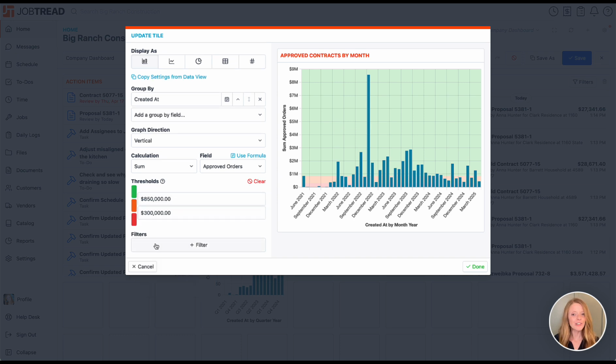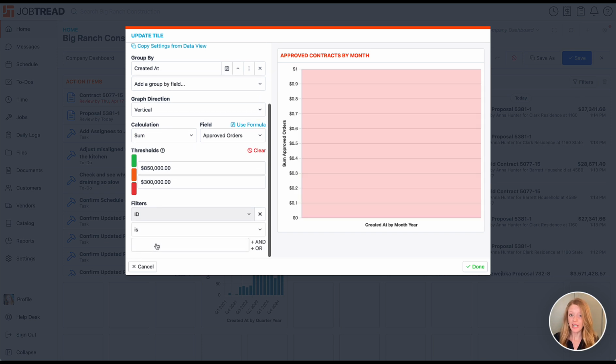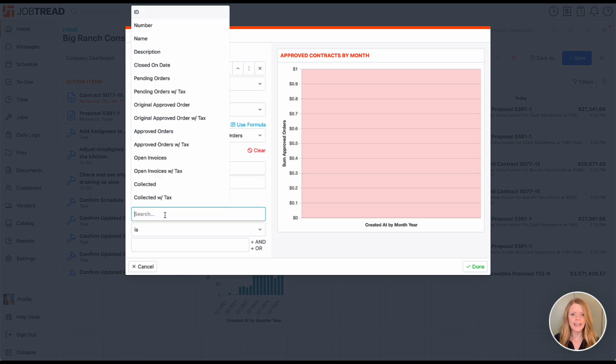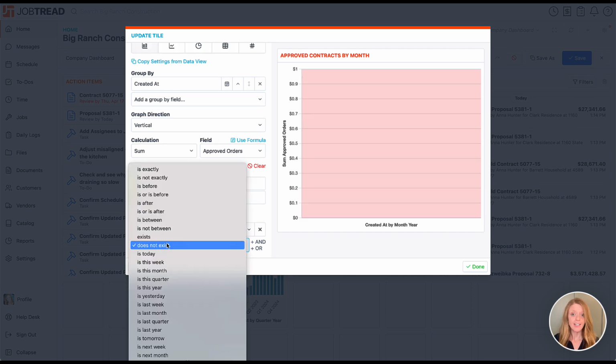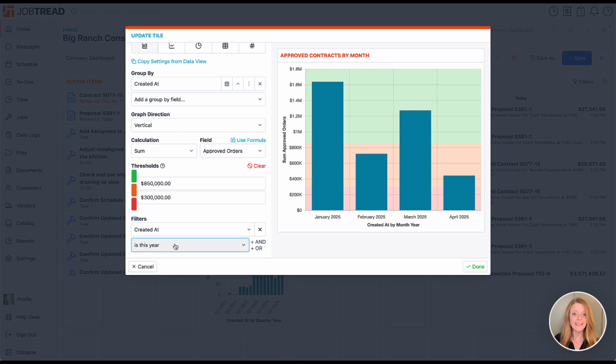Now let's add filters to choose what data is included or excluded from this chart. For example, I may just want to see jobs created this year, so I can indicate that as the created at date, and then choose is this year. Now my chart will continue updating as I move through the year to reflect all the months within the current